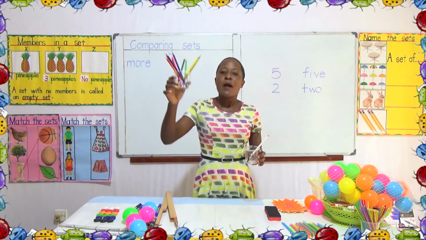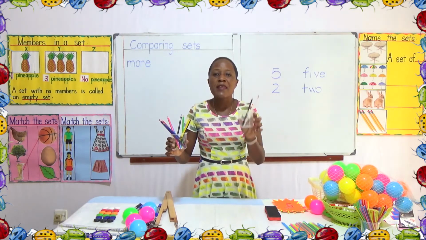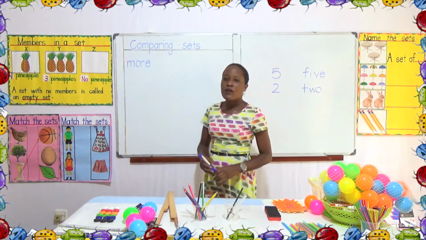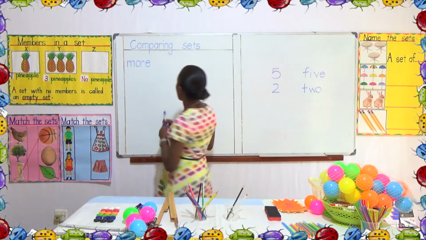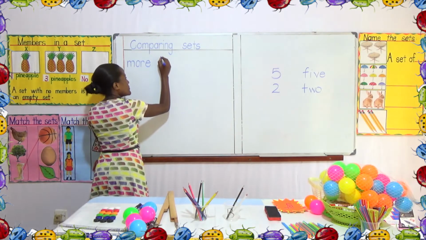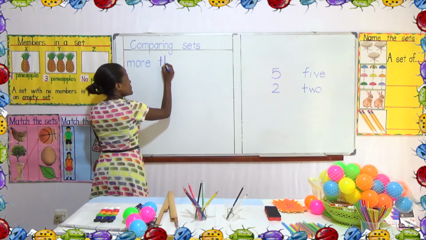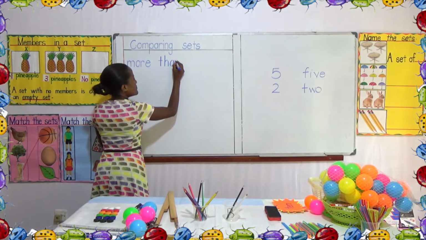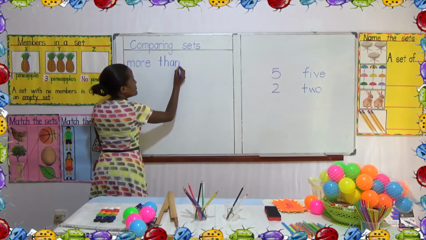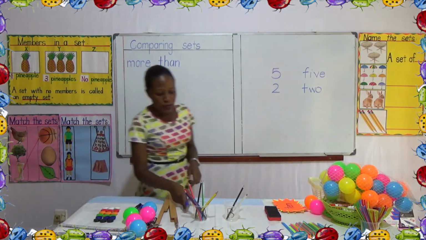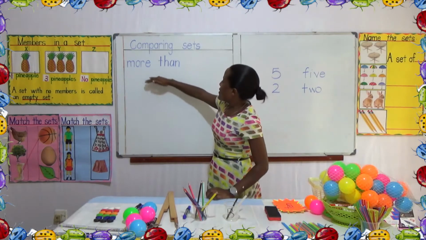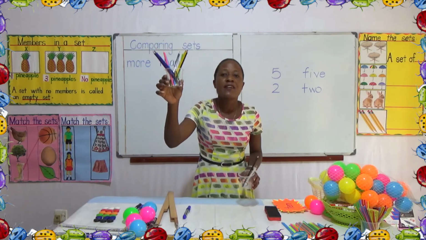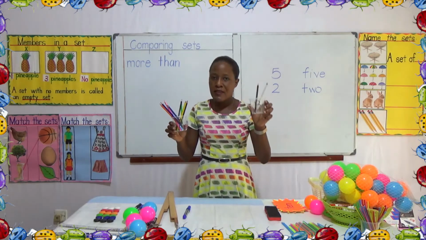Cup A has more colored pencils than cup B. So this word more goes along with the word than. So we shall say more than. We have looked at our two cups and we said cup A has more colored pencils than cup